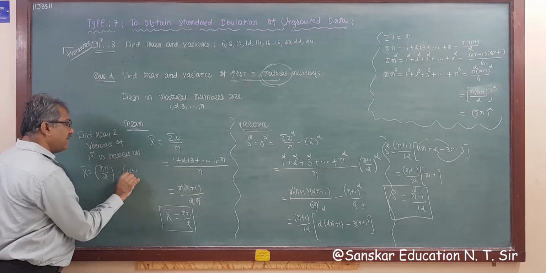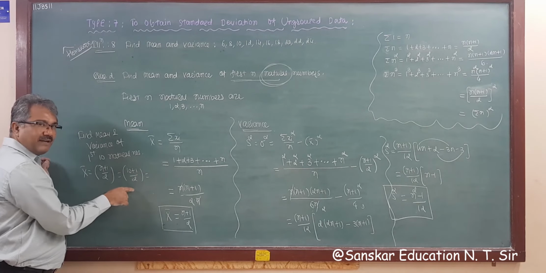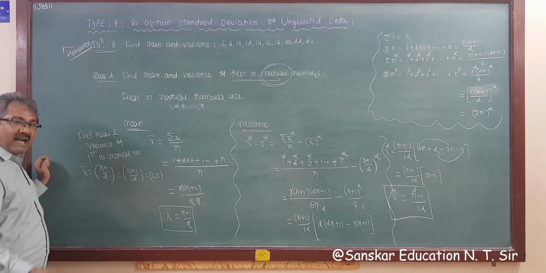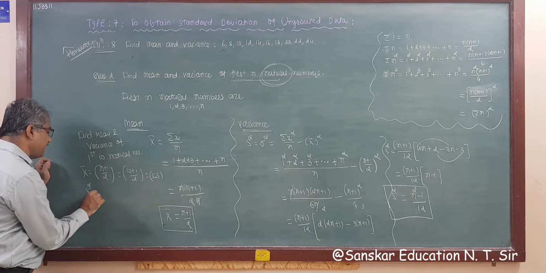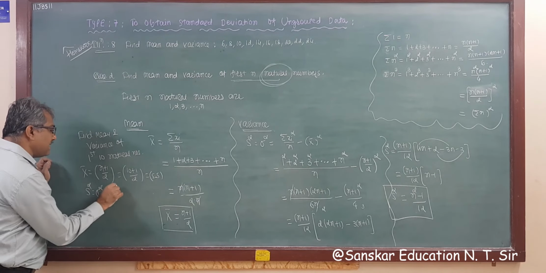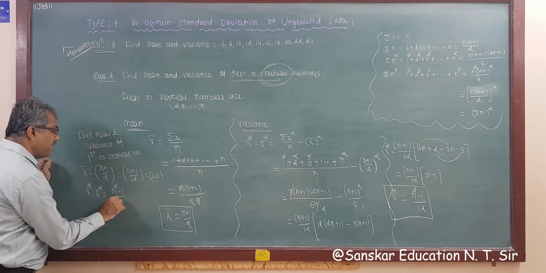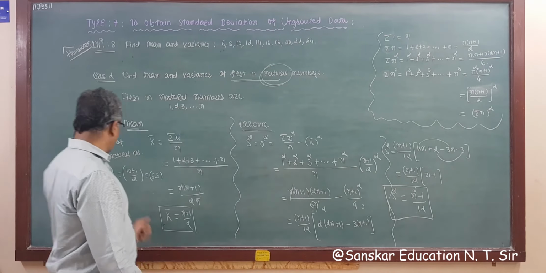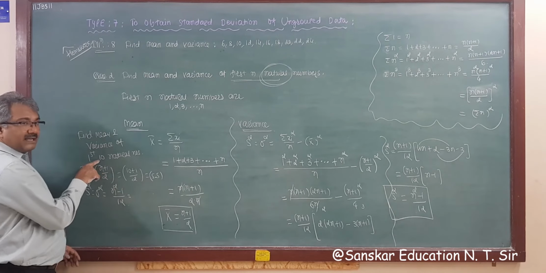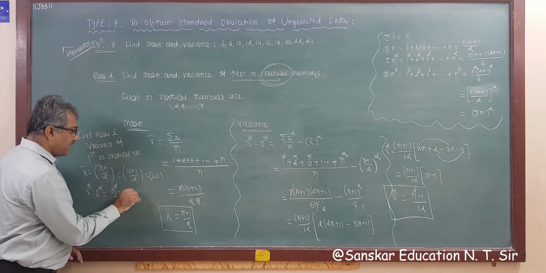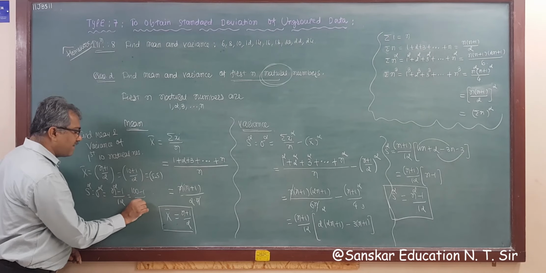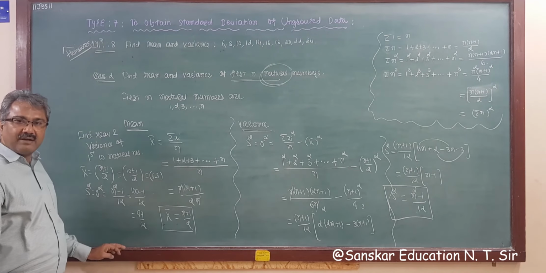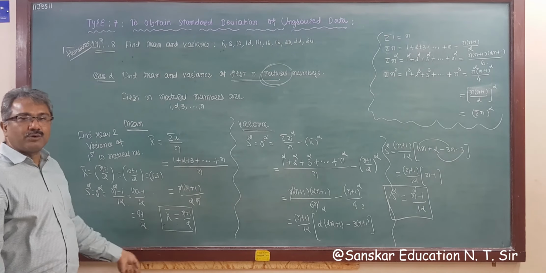10 plus 1 divided by 2, that is 11 by 2, that is 5.5. And the variance, s square or sigma square, is equal to n square minus 1 divided by 12. So the variance is equal to, n square is 10 square, 100, 100 minus 1 divided by 12, that is 99 by 12 is your answer, right? So this is 8 point something.